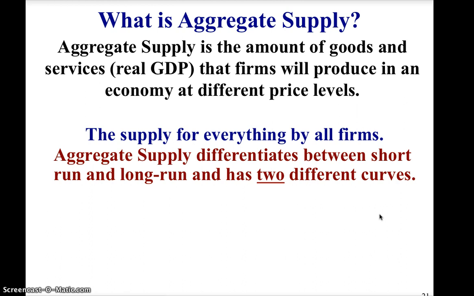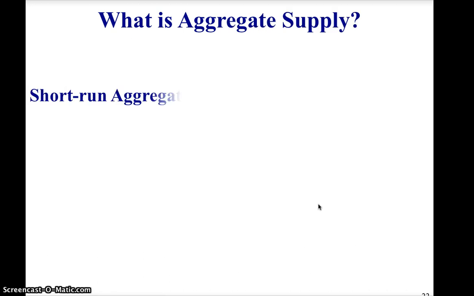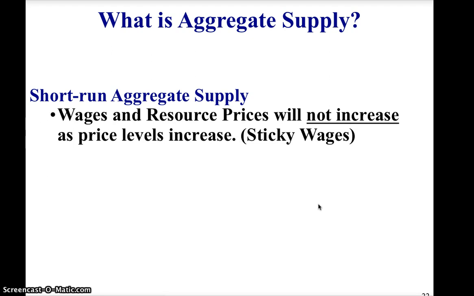The reason that aggregate supply is more complicated is because there's aggregate supply in the short run and there's aggregate supply in the long run. And there's actually not only two different curves, there are in fact three different curves that you're going to have to understand. So what is aggregate supply? So in the short run,